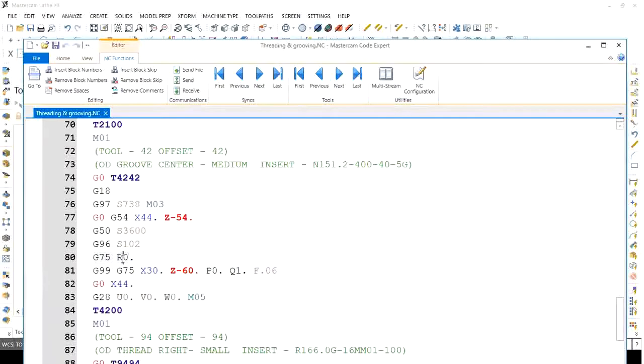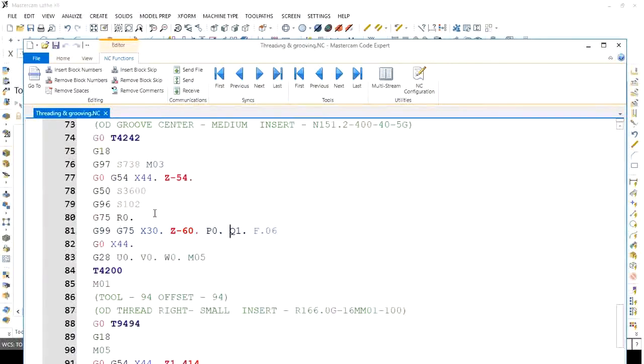In that, in the first line only the R value is used, that is the retract amount. Then in the second line, X coordinate data and Z coordinate data you have to provide. Then P, Q value. So what is meant by P and Q value? Here P and Q are not a starting block number or end block number. P, Q values are the peck increment in X and Z direction. And then F is the feed value.